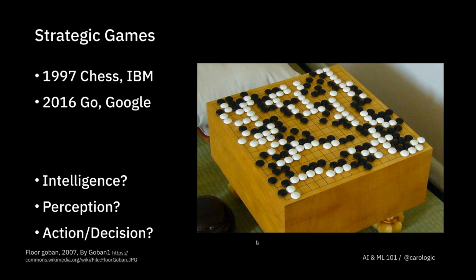So strategic games. I'm sure you've heard of the famous chess versus computer game back in 1997. And then Google just in 2016 played a game of Go and was very successful in that. You want to think about, so what kind of intelligence do they need? A lot of this is patterns. It's strategy about playing the game. Perception, where is the other player moving? What is happening on the board? And obviously these are digital boards. And then what is the action or decision that the system needs to do